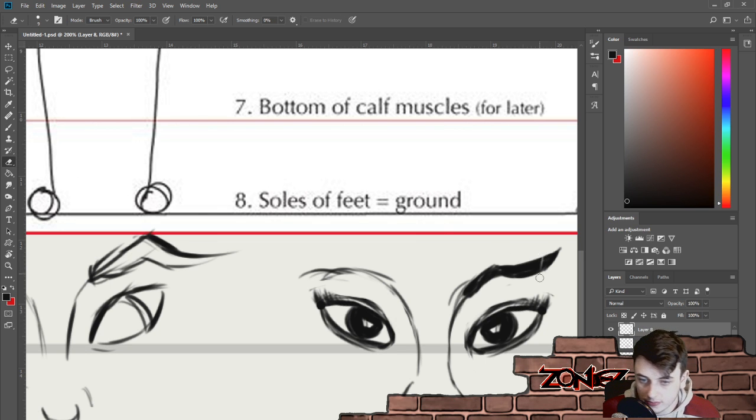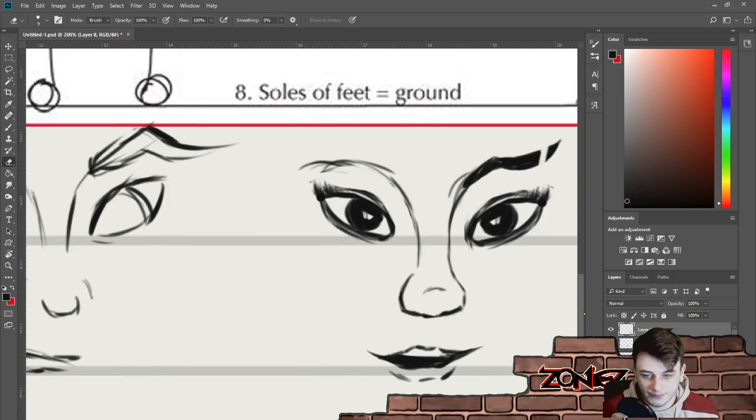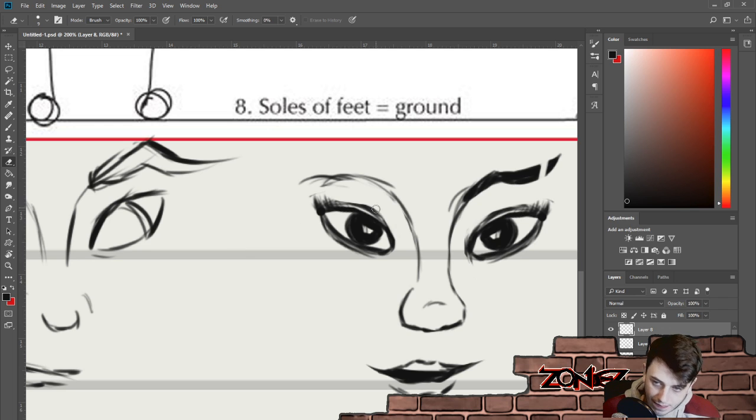We'll take this. Not the worst. I don't think this is that bad. Now, if I can polish this up.